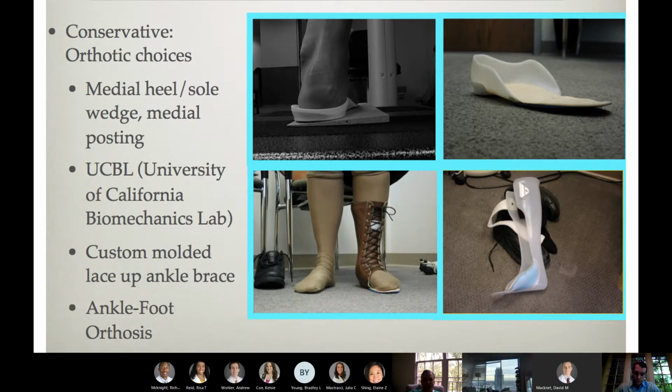You don't use UCBLs, do you, Sean? No, what I tell them is to post the medial orthotic and then to deepen the heel cup. The UCBL is very useful, but people don't tolerate it nowadays. Twenty years ago they did very well with this, but nowadays they don't like it. So what I'll do is, like I said, medial post and deepen the heel cup. And if they don't do well with that, then I'll go to